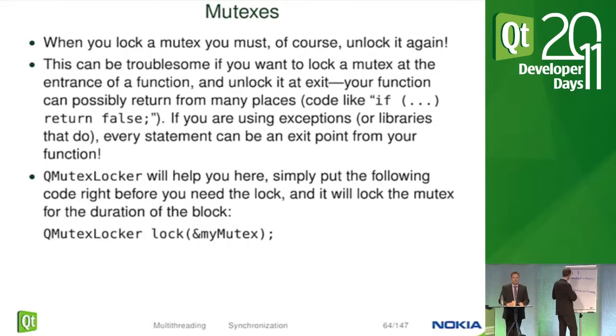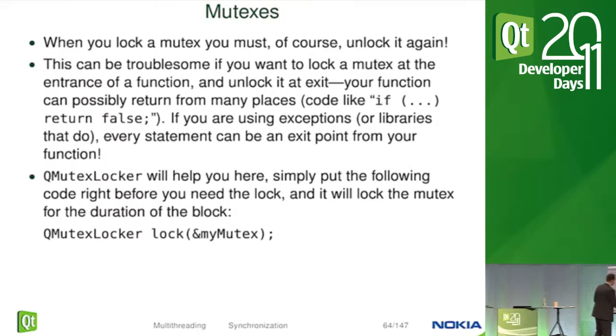Our application is ready to ship. Everything is fine. Now our intern, Volker, comes around. He's not that good at reading software, obviously, because he just makes a small bug fix in between. My previous function not returning anything now returns false for some reason. And this is a typical error that you'll find in software. What's the solution, Volker? Yeah, the solution is a nice convenience class called QMutexLocker,